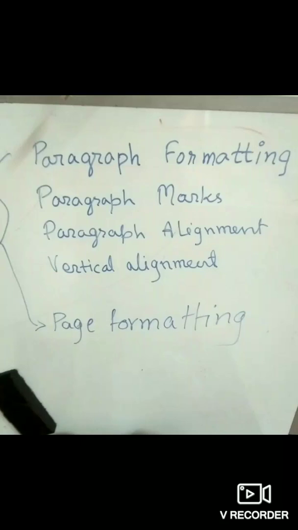To see this symbol in the document, we have to follow a few steps. First thing, we have to select the paragraph. Which paragraph? The first paragraph we have to select. After that, click on the Home tab and then choose any alignment button in the Paragraph group. There are 4 options we'll get. First is left alignment, next is right alignment, then center alignment, and finally the option justify.